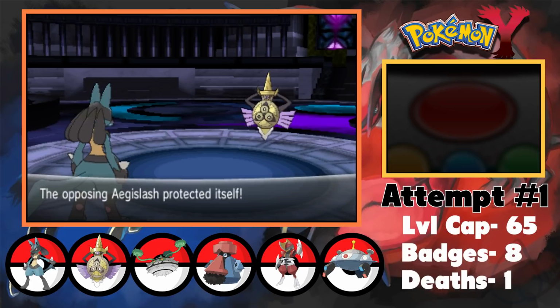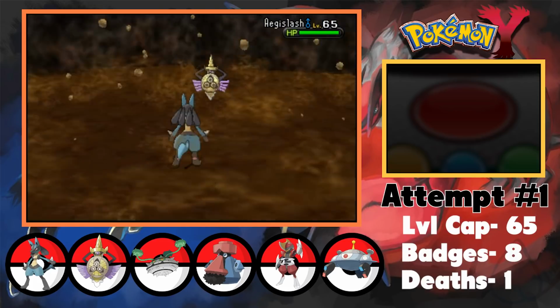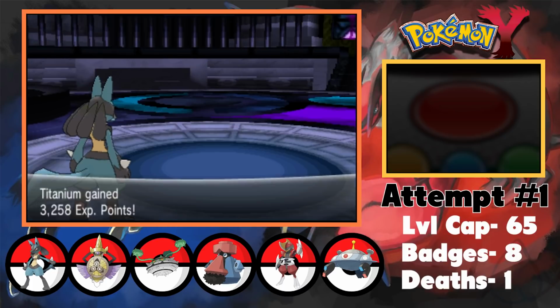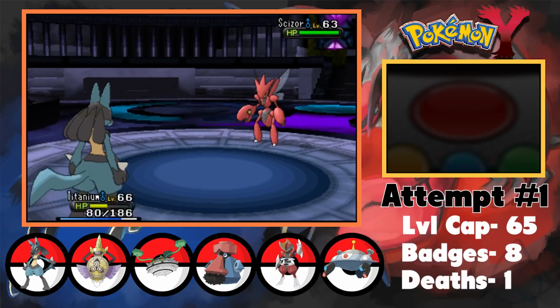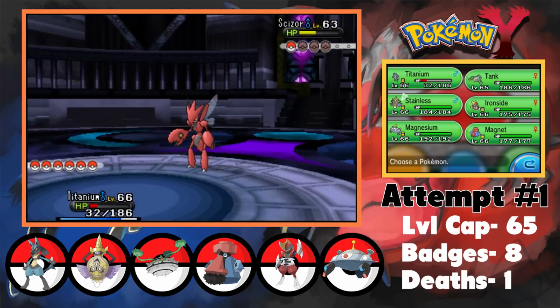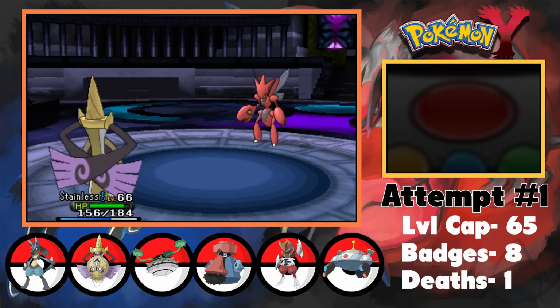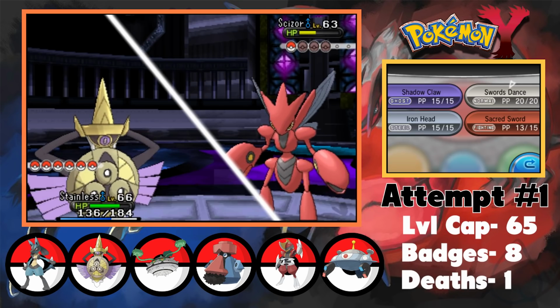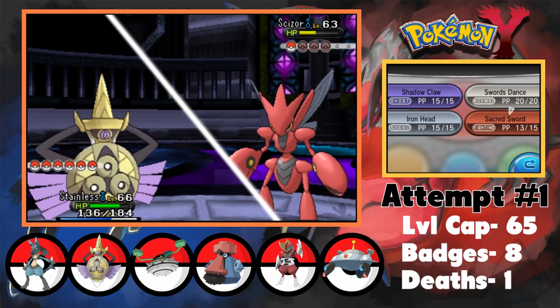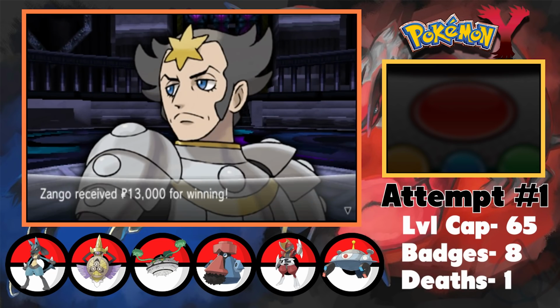This doesn't really matter though, as I can just one-shot him with an Earthquake, which I do, so this leads to his final Pokemon, Scizor. I decide to go for a Shadow Claw in the first turn, and I bring him down to lower than half, but he hits me super hard with an Iron Head, bringing me to 32 HP. Since Scizor has Bullet Punch, I decide to play it safe and switch into Stainless. Stainless takes the hit, and I go for a Sacred Sword in the next turn, winning me my second Elite